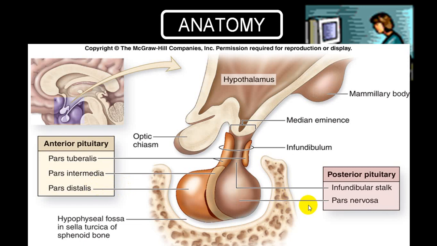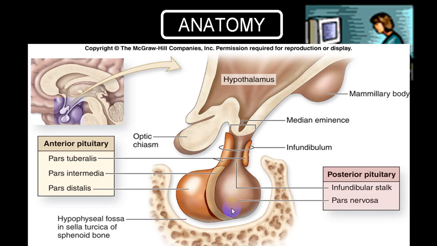This is the posterior portion. This is the anterior pituitary lobe. This is the posterior pituitary lobe. This posterior pituitary lobe is also called pars nervosa, and this is called the pituitary stalk or infundibular stalk or neuronal stalk, which connects it to the hypothalamus. This stalk contains axonal fibers of the paraventricular nucleus and supraoptic nucleus. Those are the neuroendocrine system cells, and they manufacture oxytocin and ADH. They are manufactured and secreted, then transported across the axons to the end of the axons where they are stored in vesicles.